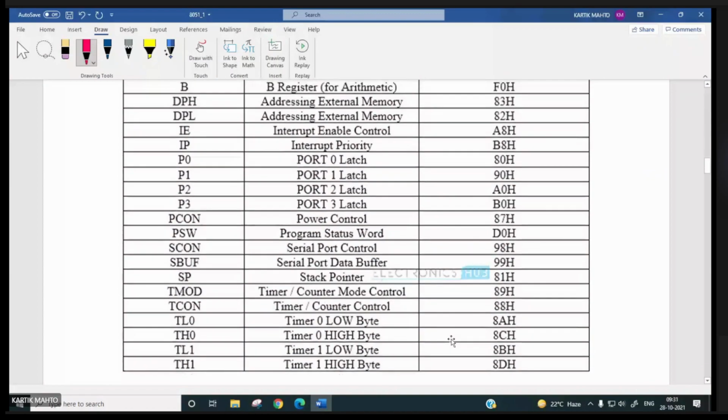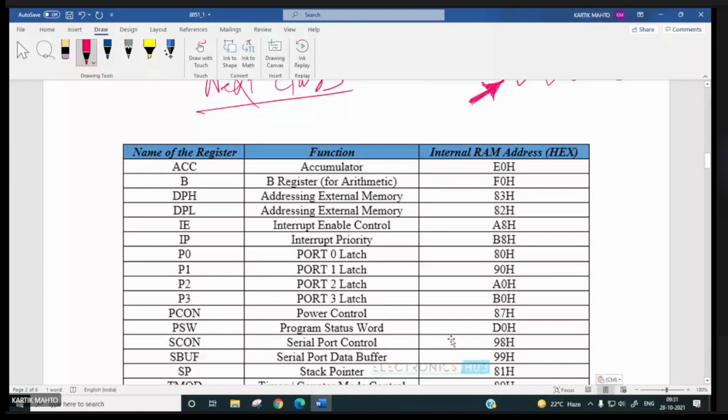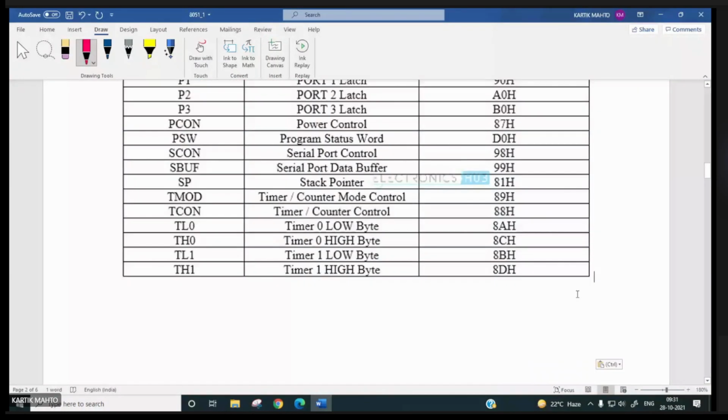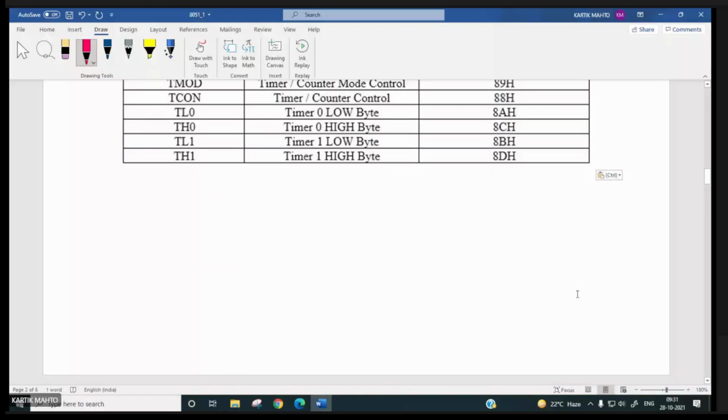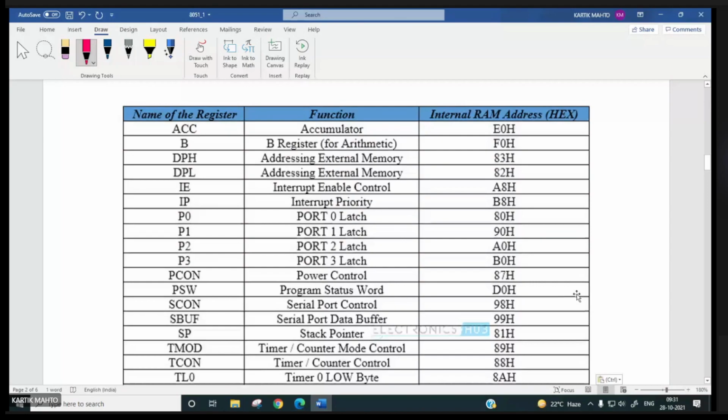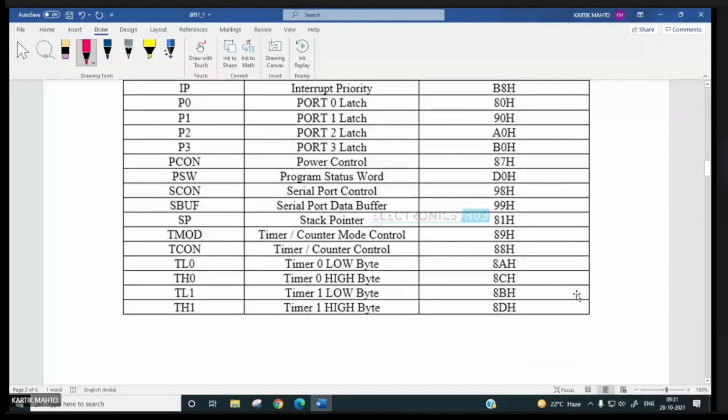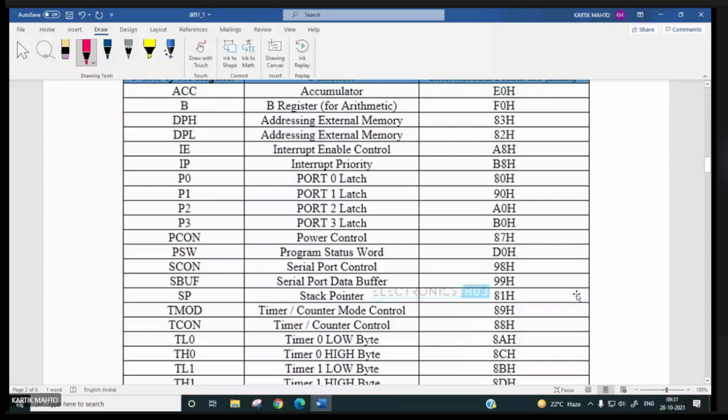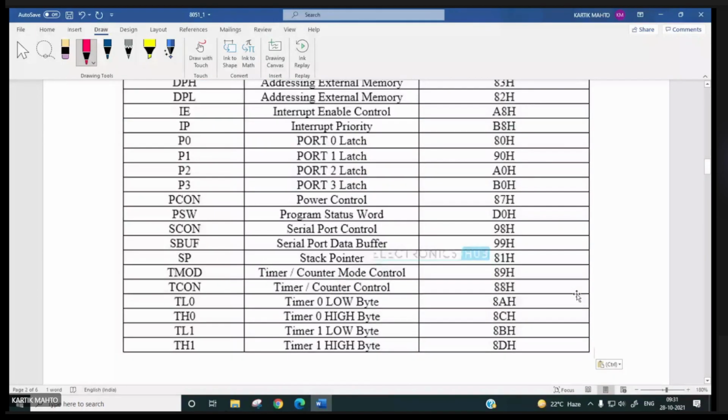Now you can see the special function registers are these, but it should start from 80H. Where is 80H? 80H is here. It's not listed in ascending order.